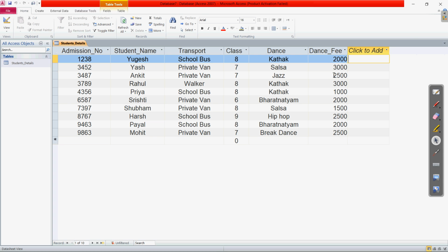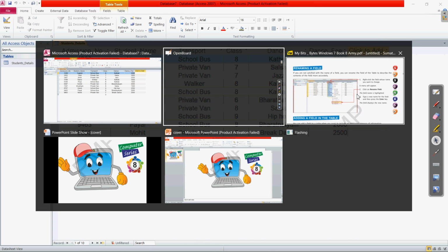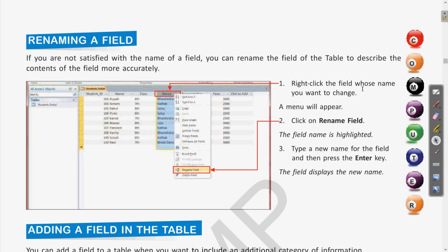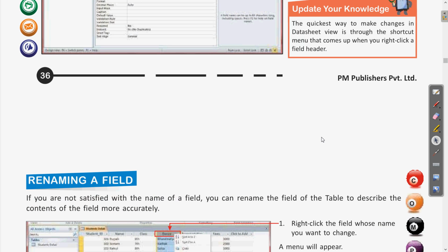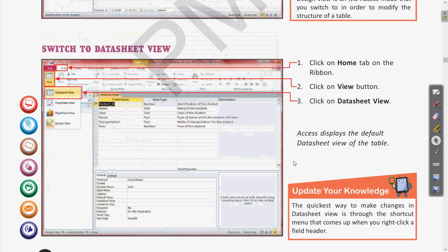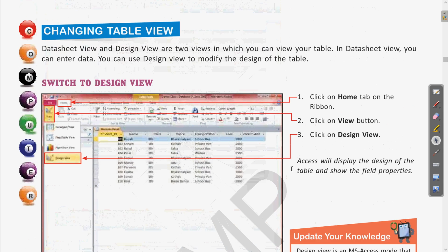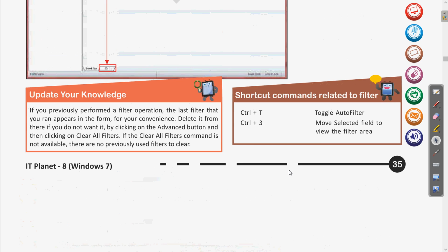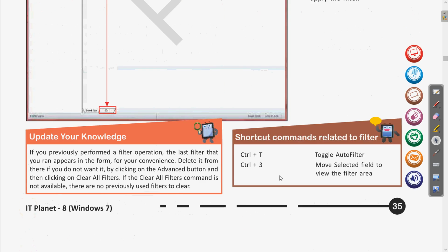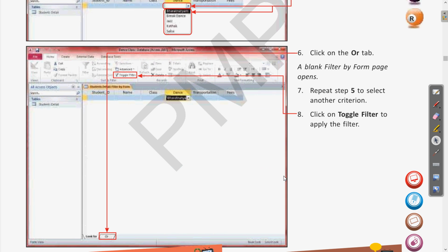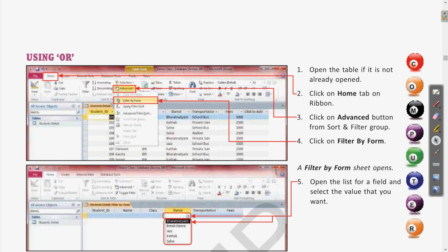Okay, so if we come to the textbook, today we have learned how to use the selection criteria, the and or. The previous other things of this chapter we have revised. Then we have seen how to switch between design view and datasheet view, and most importantly using the or option, using the or and and options for the filtering criteria.